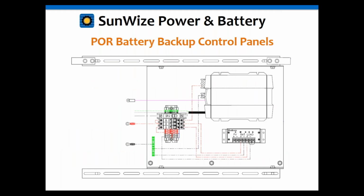All right, so here is an image of what one of the POR battery backup control panels is going to look like. This one itself is one designed for our T-Series enclosures. So this is shown on an equipment tray. These trays will fit over the batteries on our T-Series top opening enclosures. You can see that we've got the Cotek CX battery charger, we've got our circuit protector and terminal blocks on our DIN rail, and then we've got our LVD in a SunSaver. So basically everything that you need